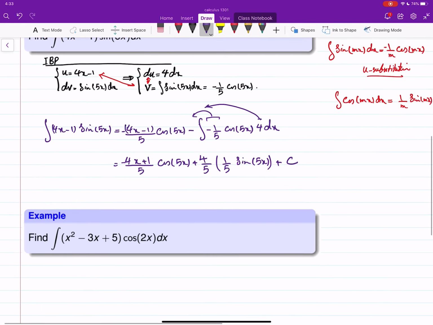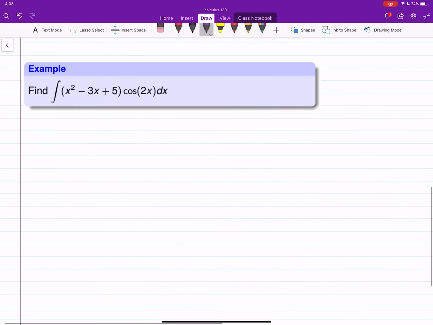Okay, let's do one more example here. Integral of x squared minus 3x plus 5 times cosine of 2x. As I did, you are hopefully seeing that when you have a polynomial times cosine of mx or sine of mx, you take u to be the polynomial and the rest as dv. So here